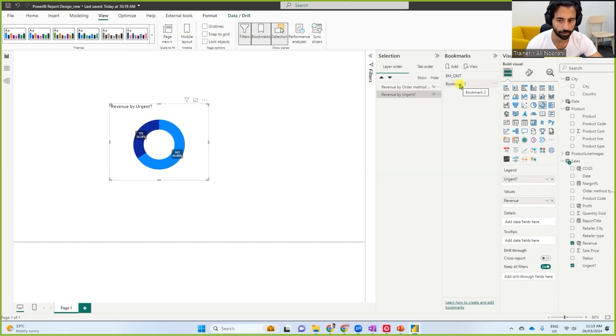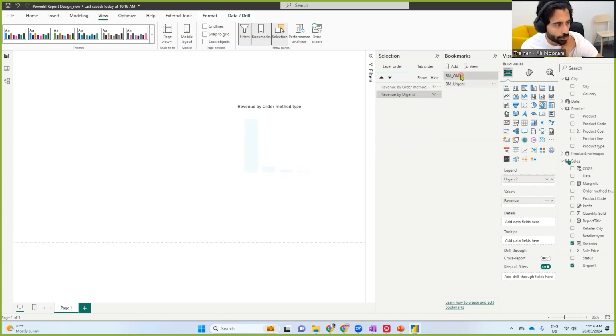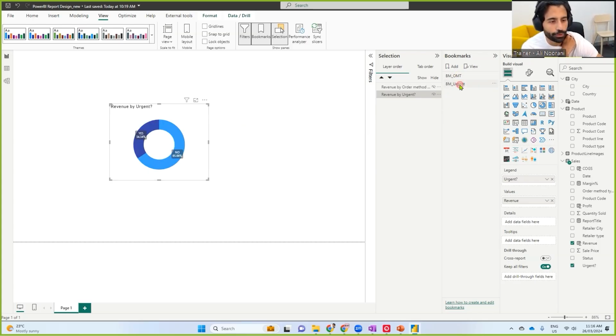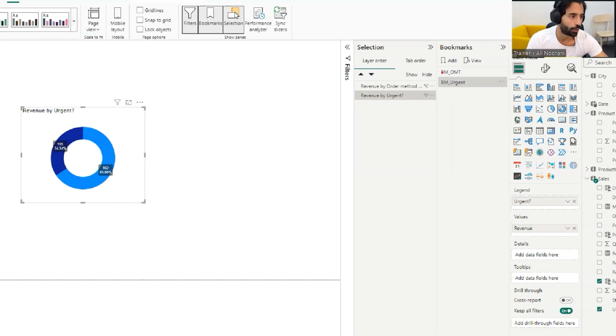So I can also double click to rename. I can also double click bookmark underscore urgent. How do I update my bookmark? So once it is working, I'm just going to show you a few other options to simplify how you work. So let's say for some reason I want to create this bookmark that when I click on it, I want to make both the visuals invisible and the other one I want to make both the visuals visible. So how do